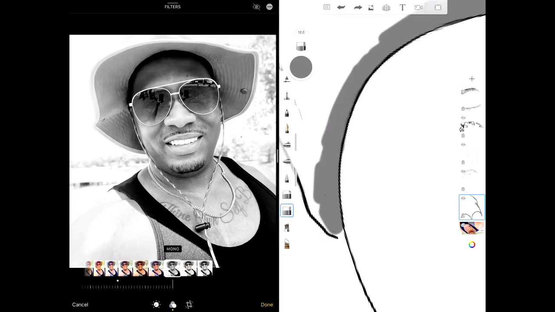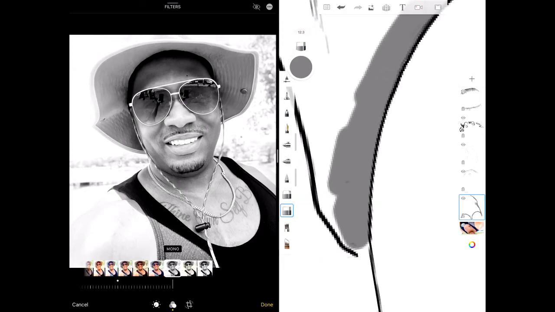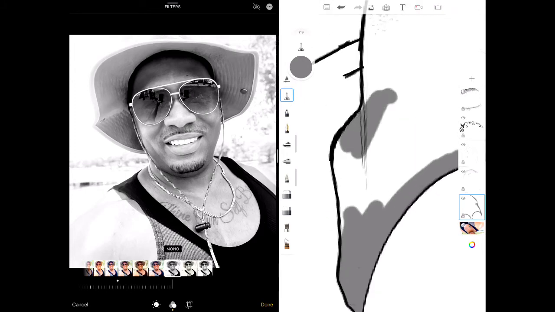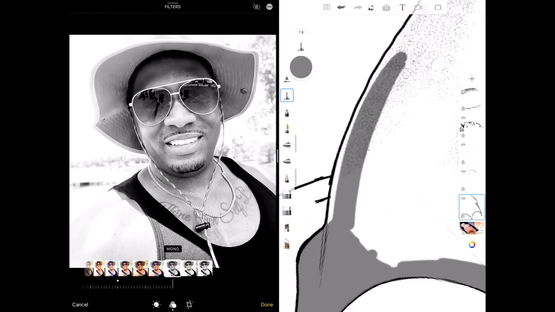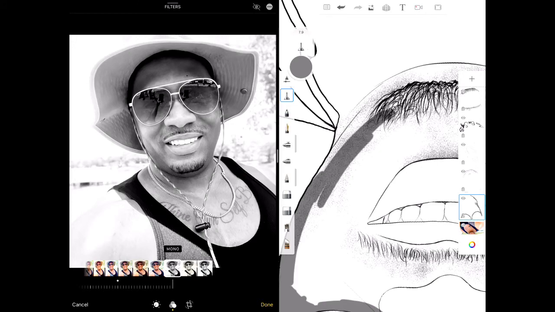I have also made a color palette for real colors that I will show you how to apply in the next tutorials. I will also show you how to convert the black and white colors, that is the grayscale colors, into the real color skin tones. So I've already created a skin tone palette for that particular tutorial.